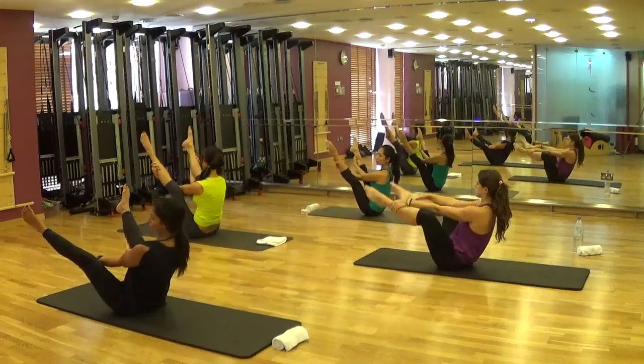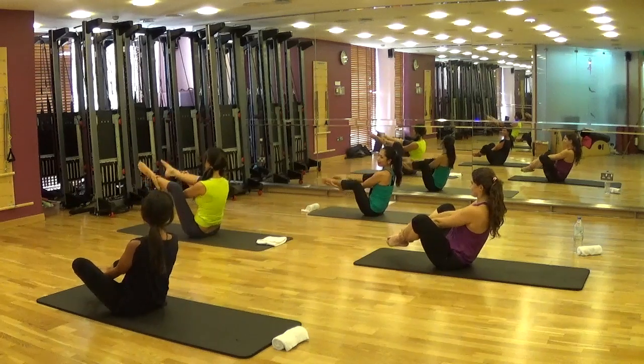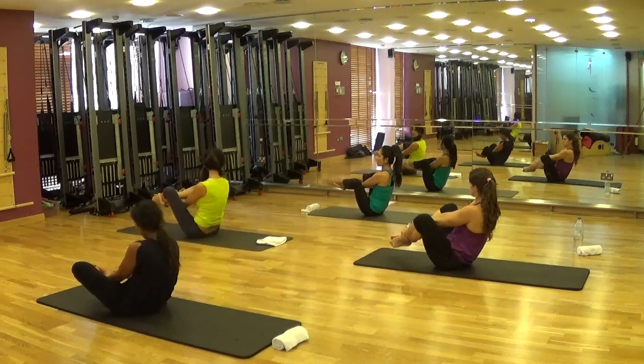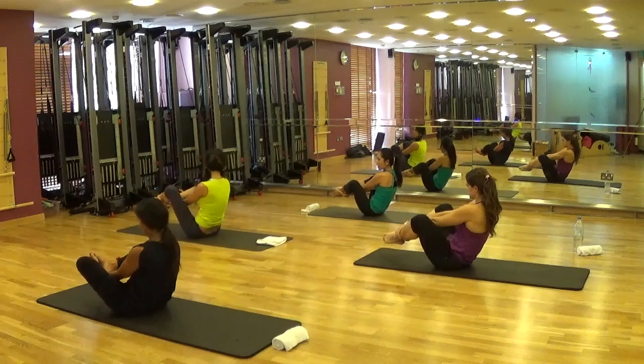Keep your spine straight. Your legs bending is okay. Bend. Breathe in, both legs. Breathe out, bend. We're going to do the open leg rocker. Breathe in, extend both legs. Breathe out, bend. Breathe in, curve your